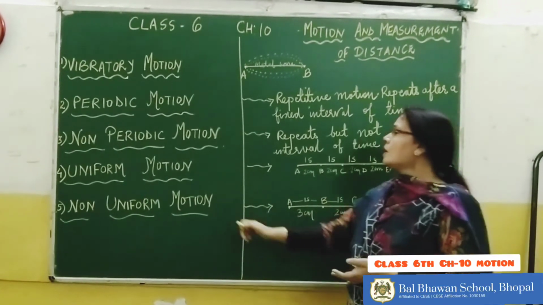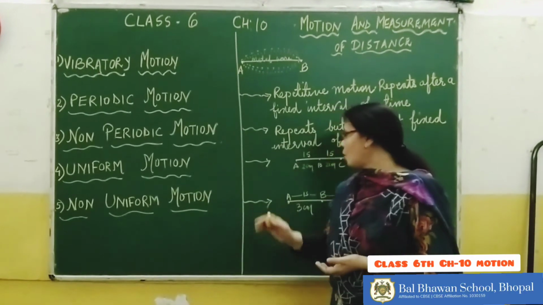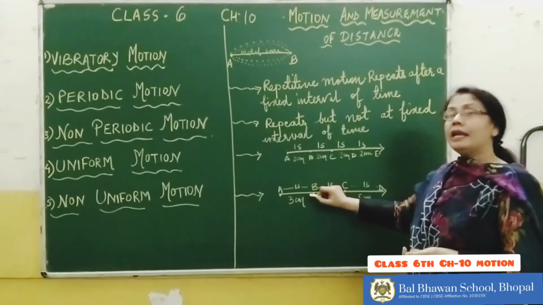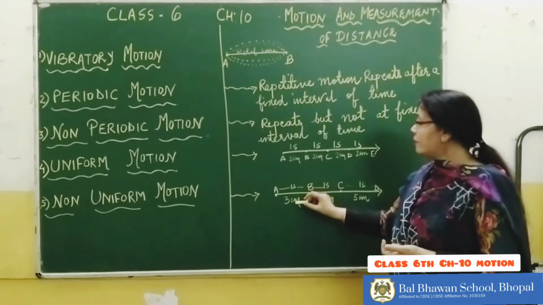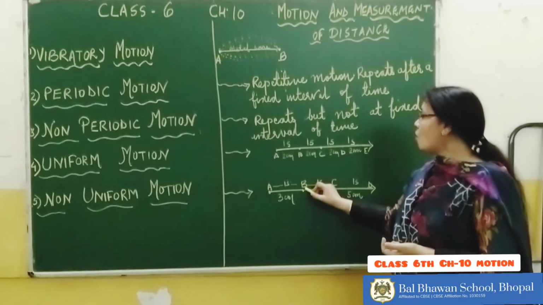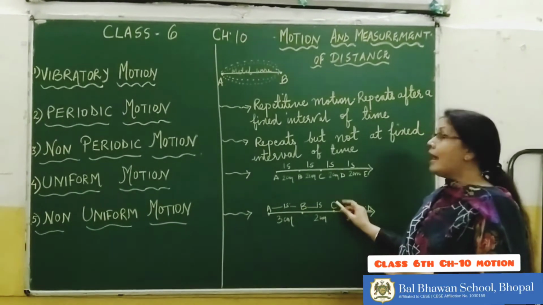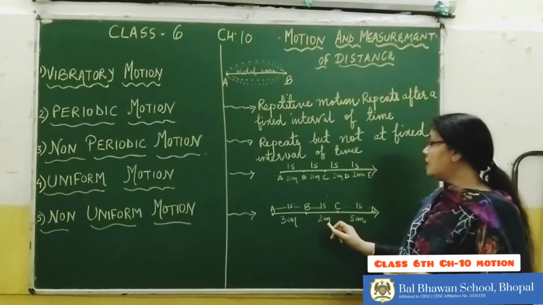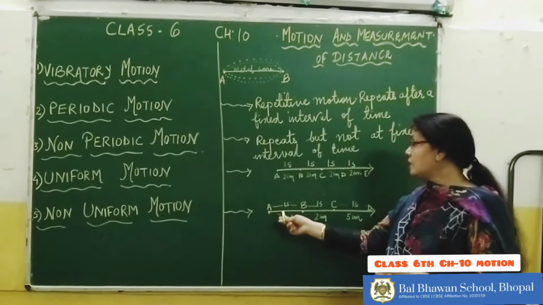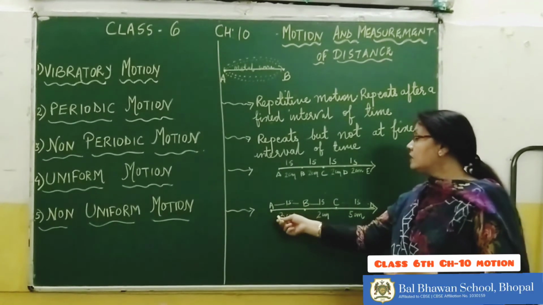Okay. Now suppose we have another object which is moving from A to B, and at that time it is covering a distance of 3 cm in 1 second. Now the object moves from B to C. At that time, again in 1 second, it covers a distance of 2 cm. So here you can see, children, that in 1 second the distance covered by